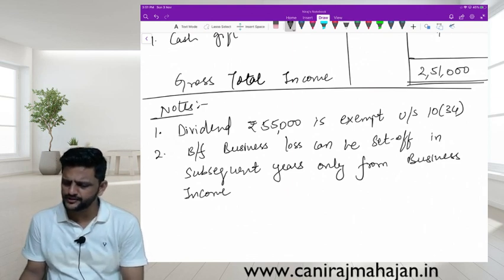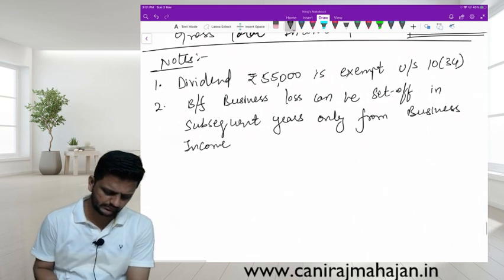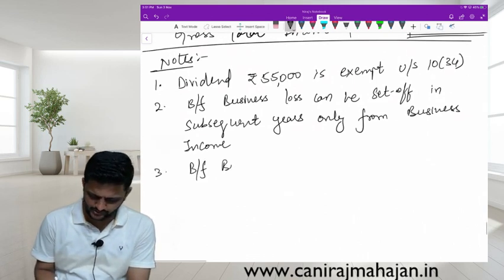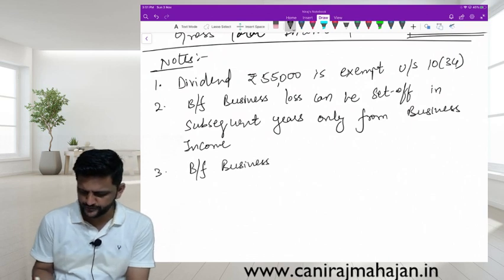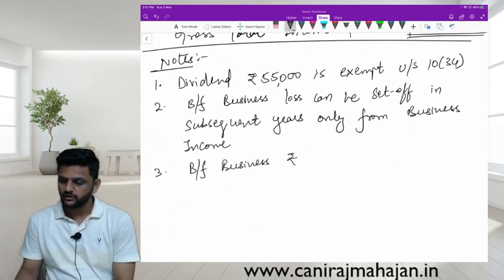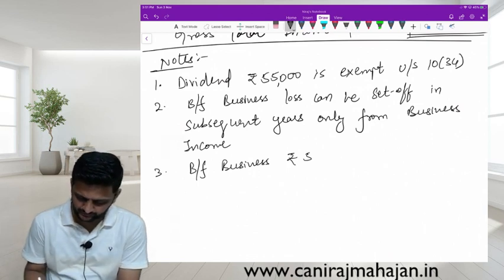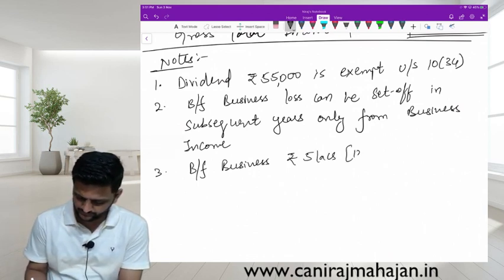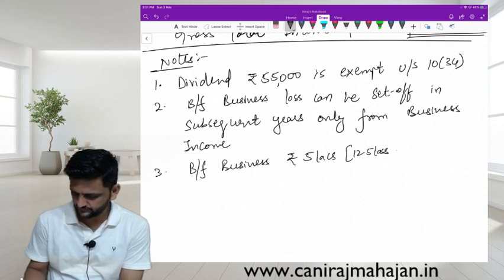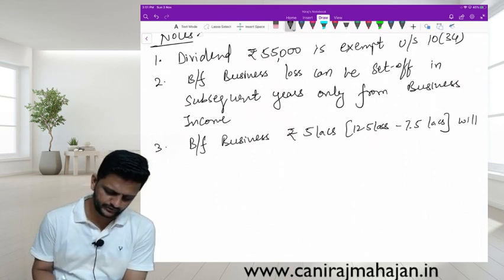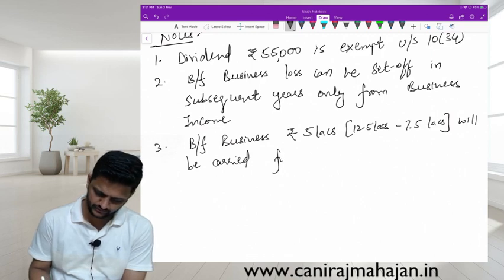Only the brought forward business loss. How much rupees is the balance now? 5 lakhs. There was 12,50,000, we set off 7,50,000. Brought forward business loss will be carried forward till